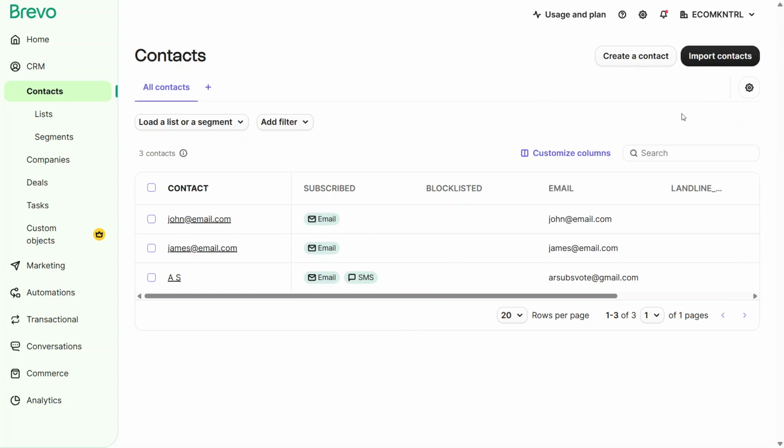At the top, you'll see options to create a contact or import contacts. If you just have a few people to add, use Create a Contact and fill out the details manually. If you already have a list in a file or another system, choose Import Contacts to bring them all in